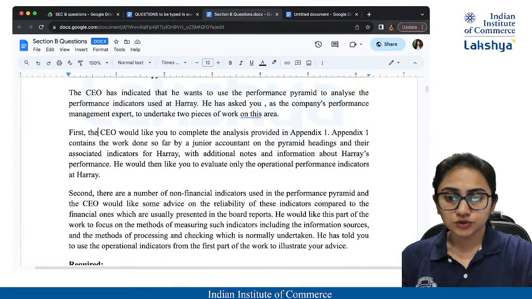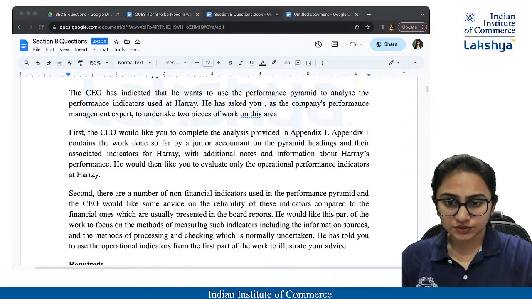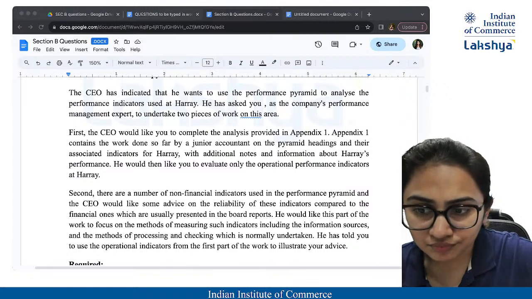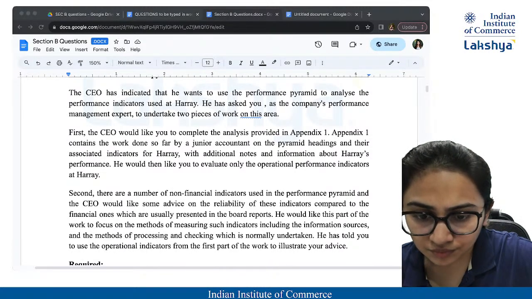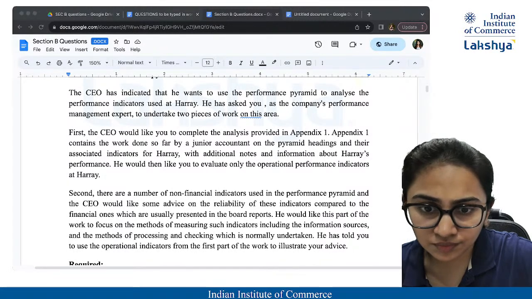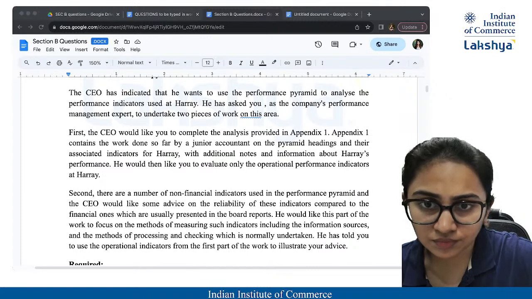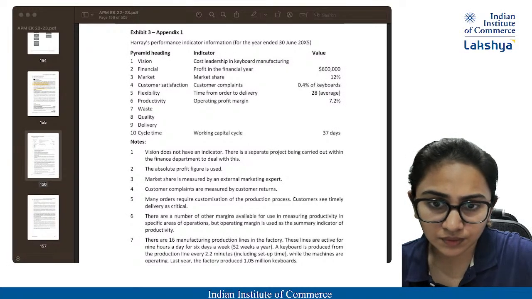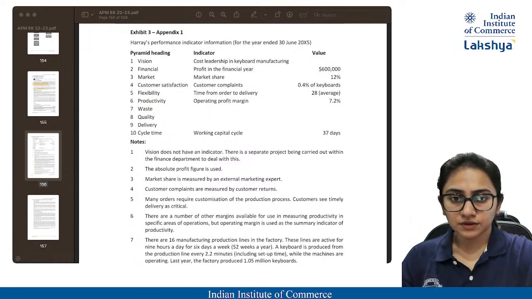Okay, so I will show you guys the appendix 1. Just a minute. Okay, this is the appendix 1 that we have. So the appendix 1 says